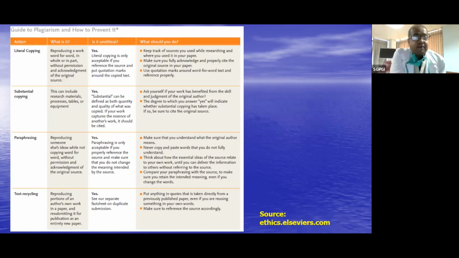So there are four classes of plagiarism. First is literally copying from somebody else's manuscript. So it's reproducing a work word by word, in whole or in part, without permission and acknowledgement from the original source. So it is unethical, and nowadays the journals themselves track this